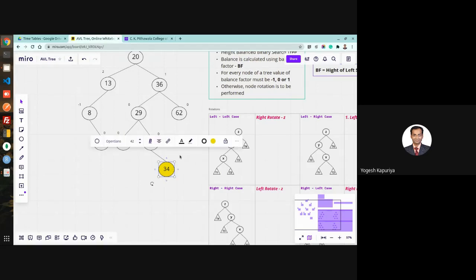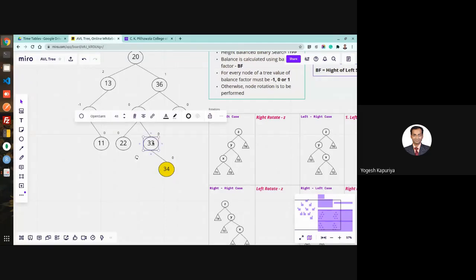Now again I will compute the balance factor. Obviously, the node which is inserted, balance factor will always be 0. Whenever you are inserting something, you need to update the balance factor of this path, because that is going to be affected. Otherwise, no other node's balance factor is affected. So this is my node which is being inserted. Now I will compute the balance factor on this path. So this is 0 here. It is left minus right. Left is 0, right is 1. So this is -1.